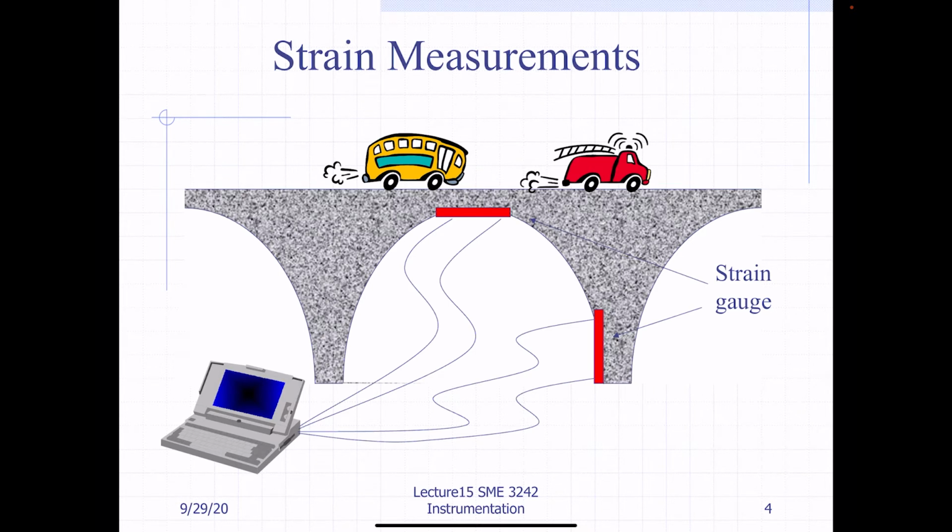In this diagram, it shows that strain gauges are used in measuring the deformation of the bridge. The force acting on the beam and the column is measured, and the load is coming from the vehicles. Therefore, we can see that there are strain gauges measuring the deformation in the column and also in the